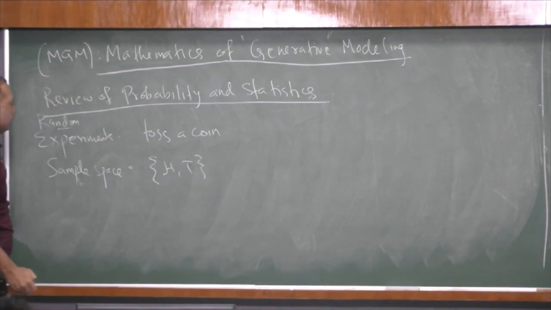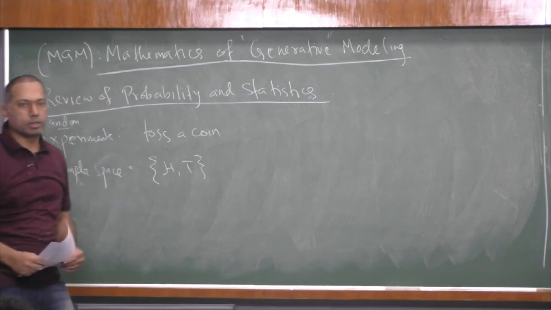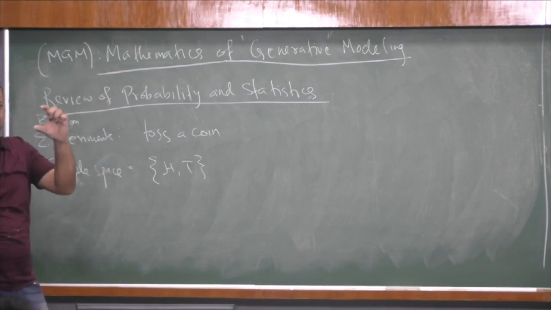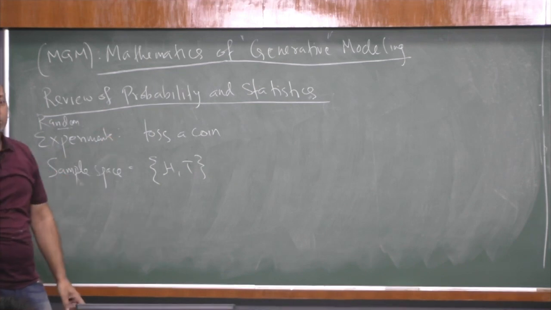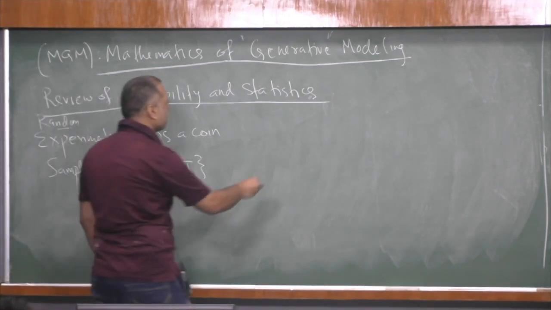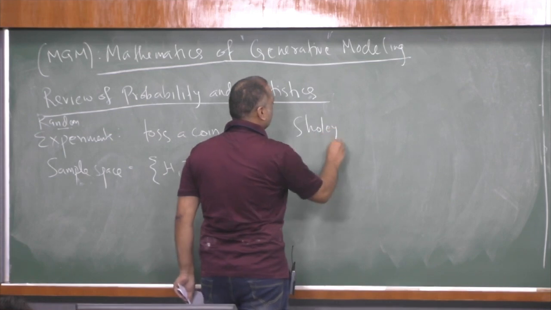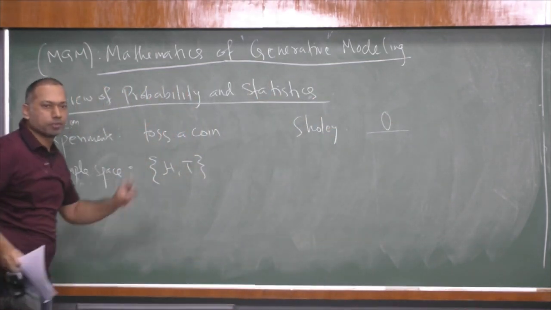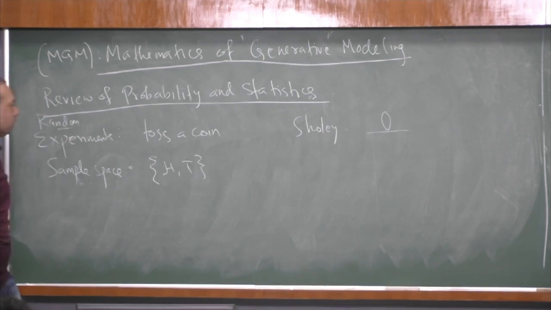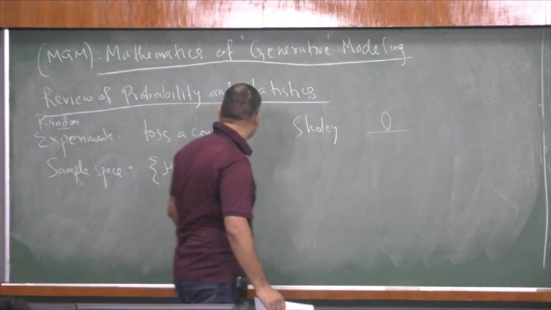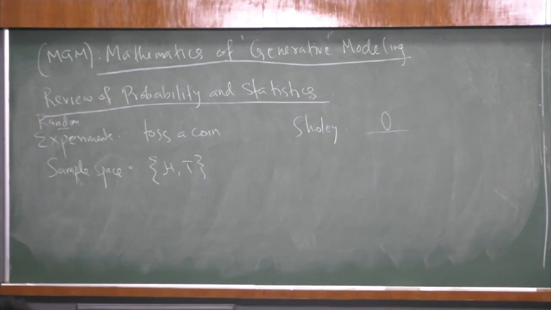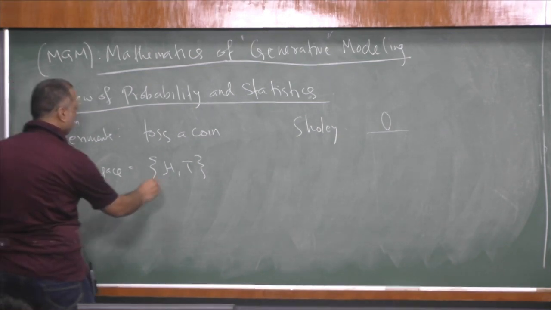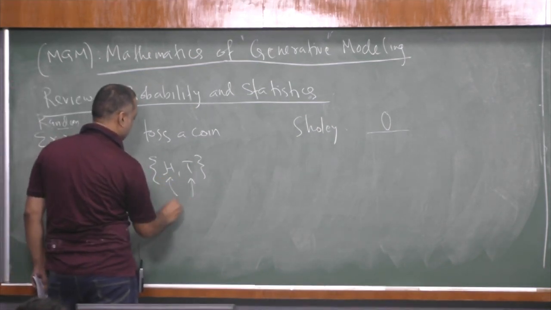We don't expect the coin to be like in that movie, what is that movie, where it falls like that, Sole, right? In Sole, if you remember, the coin just stands like this. It falls like that, neither head nor tail. So we are ignoring those facts. Let's say there will certainly be two outcomes, and these are the only two outcomes. So we have a sample space, and these are called outcomes of the experiment.